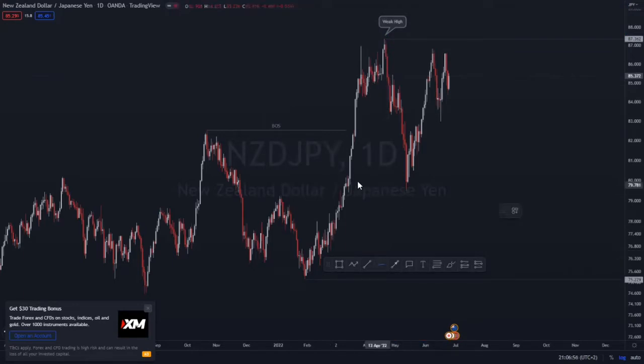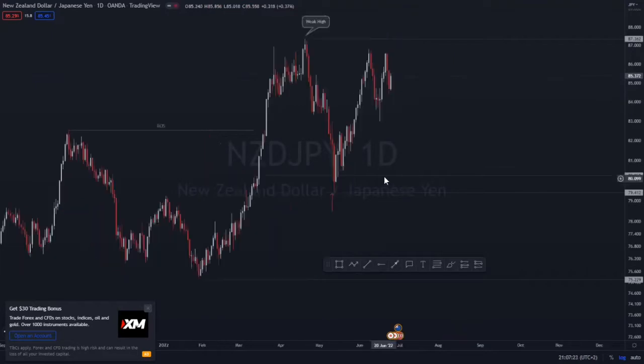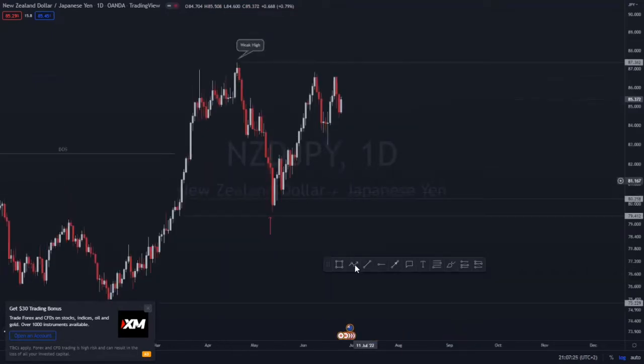Now the market also created this low because when we broke the structure over here and we came back looking for an order block, we found an institutional zone right here. And this low also is a weak low, right? But when we compare this low with this high, this low is much stronger because it's aligned with the main trend, right? So that's our structure. If we look at the zones, we had this